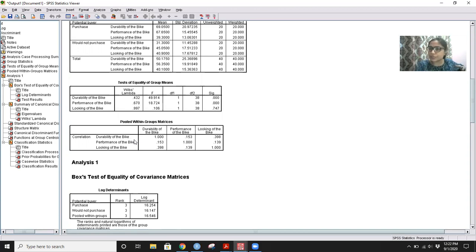It gives you correlation figures between each of your independent variables, and if any correlation figure is greater than 0.8 or 0.9, that indicates multicollinearity, and that's worrisome. We see that performance of the bike and durability have a correlation of 0.15. That's fine. Looking of the bike and durability have 0.398. Likewise, looking of the bike and performance of the bike have 0.139. So all correlation figures are in a comfortable range for this data set.